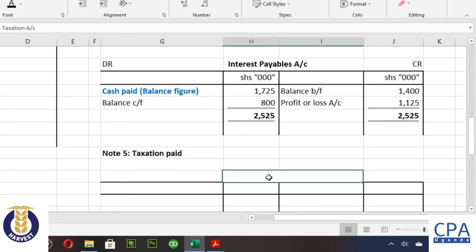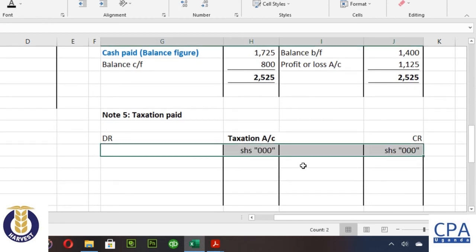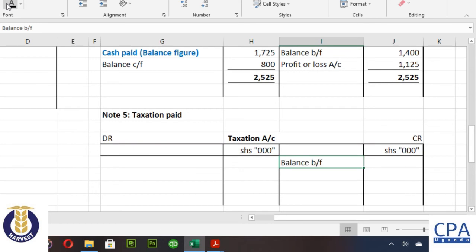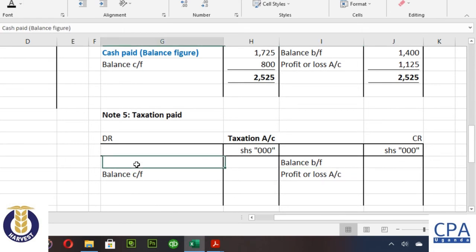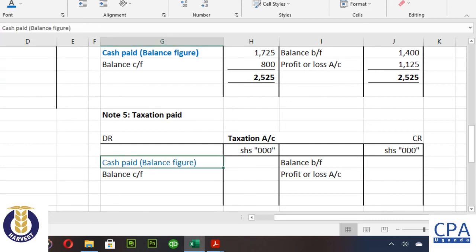These ones are almost in the same family. They are both liabilities. So to get the taxation paid in cash, I need to reconcile between the opening balance of the taxation in the statement of financial position, the closing balance in the statement of financial position, the charge for the year given to me, and then the balancing figure is going to be the figure that I'm going to take to the statement of cash flows, which is ideally how much cash moved towards payment